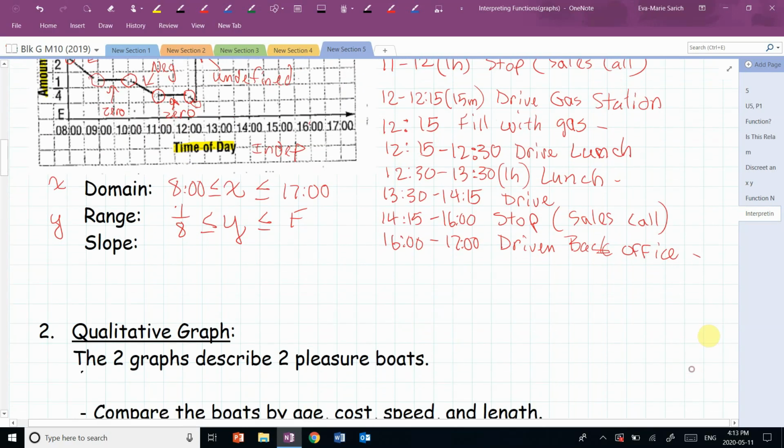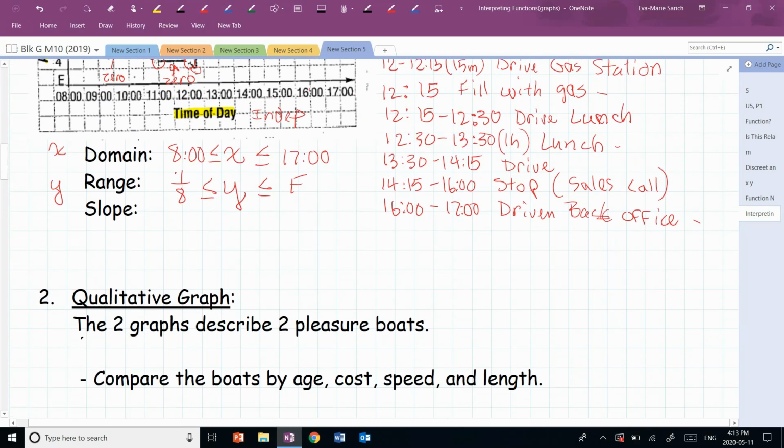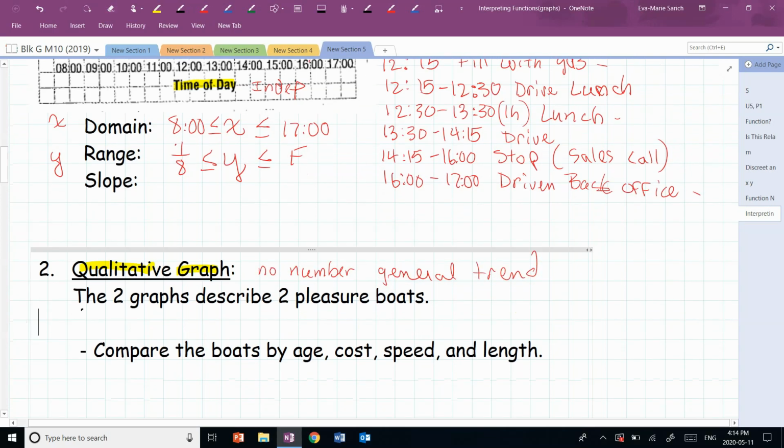Let's move on to a qualitative graph. So on a qualitative graph, remember there's going to be no numbers, right? We're just looking at the general trend. Okay, so we've got a graph here, or in fact there's two graphs, and those two graphs are